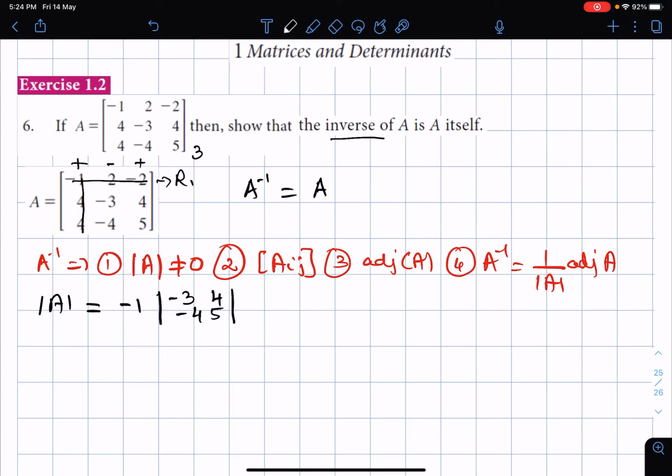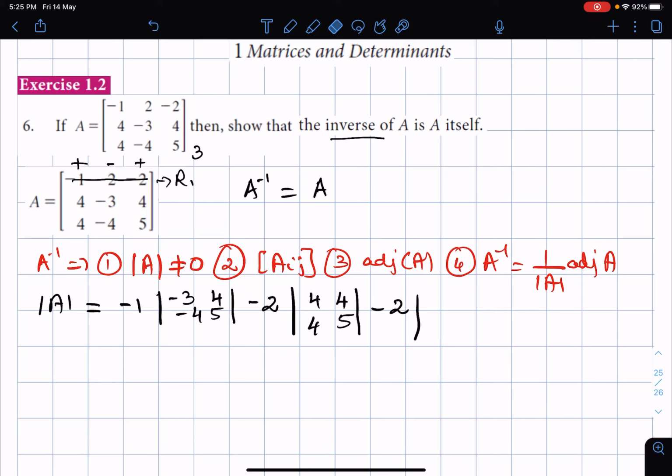Then for the second one you have got the sign convention as minus, so minus, second element is going to be 2, isn't it? So put here 2 and your determinant, delete the corresponding column and the corresponding row. You will get it as 4, 4, 4, 5. And the third one is plus, third element is minus 2. So plus into minus will give you here minus. So I'll directly write it as minus 2. And your determinant is going to be